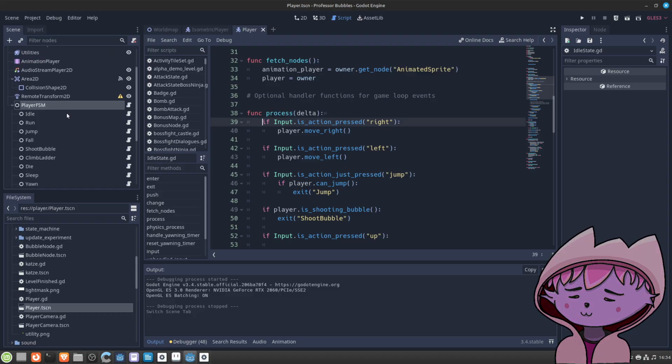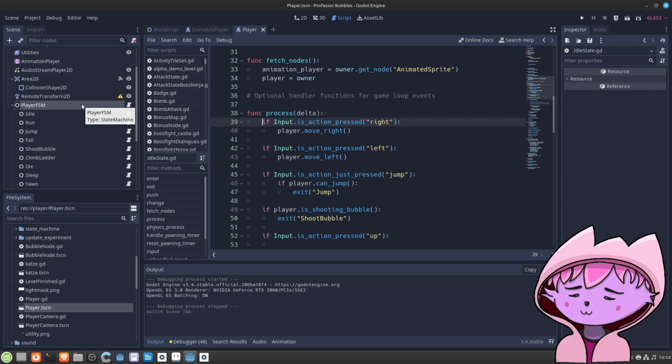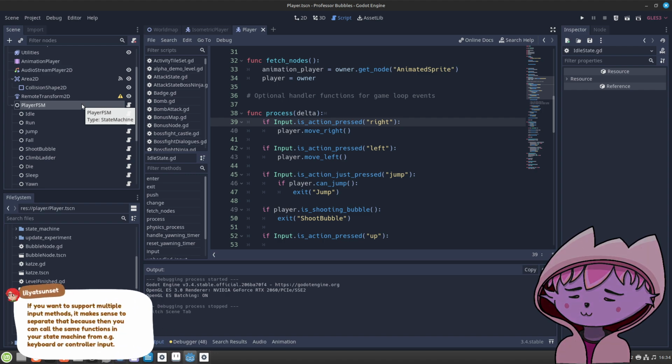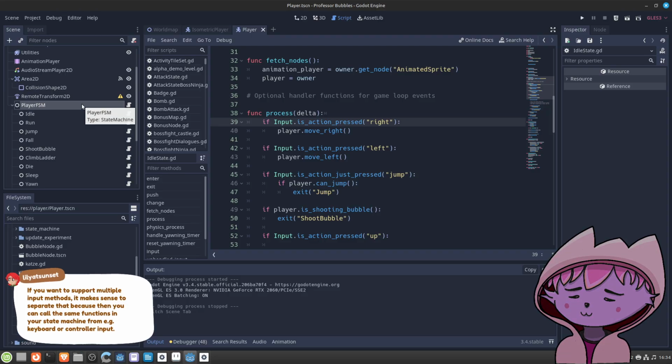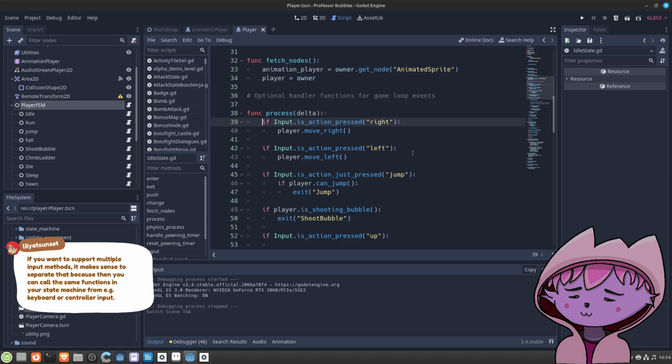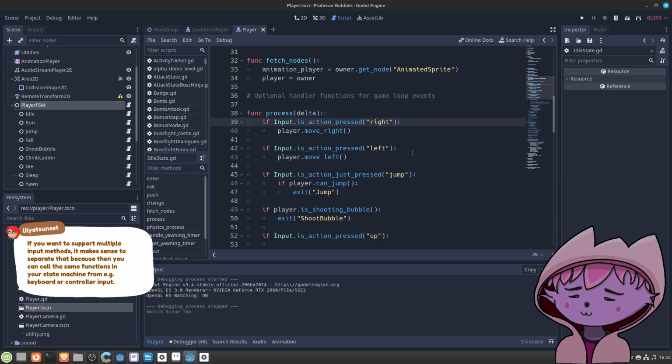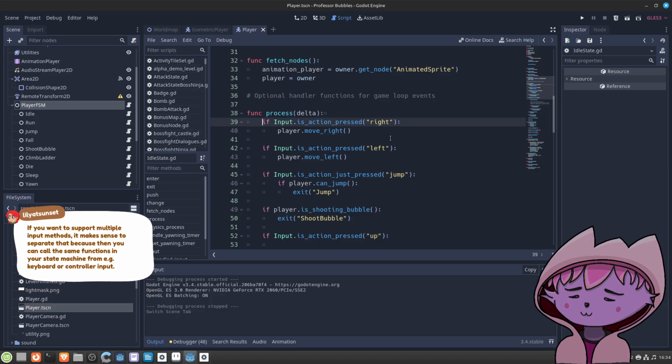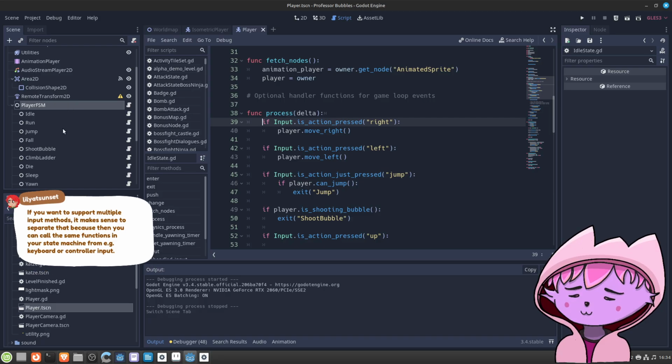Well, this state machine could be just an informative thing. If you separated everything more or less, we would have the state machine and the player controller, and the controller takes care of the movement and stuff and input. Then the state machine would be simply